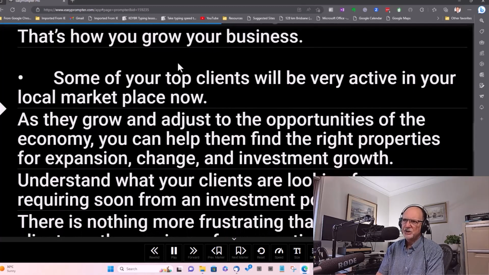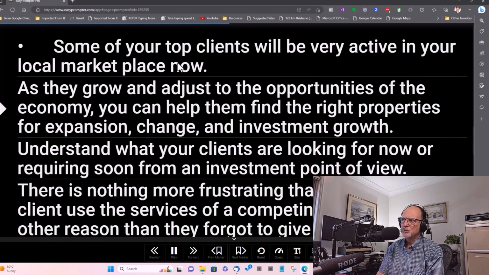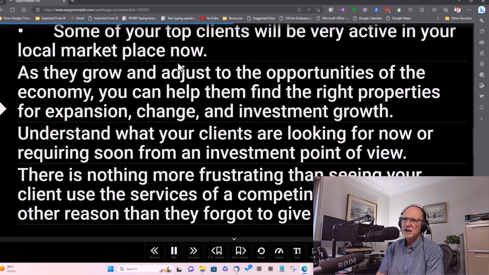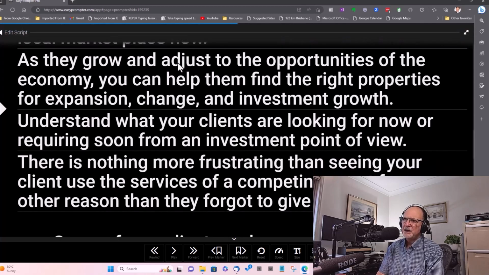So as they grow, that's your VIPs, and adjust to the opportunities of the economy, you can help them find the right properties of expansion, change, and investment growth. The three words there are worth remembering: expansion, change, and investment growth. That's actually doing more with the properties they own. Maybe they have older properties that are redundant. Maybe they have properties that simply they can do something else with. Be aware of what the client has, the stage of the age of the client's property portfolio, and how you